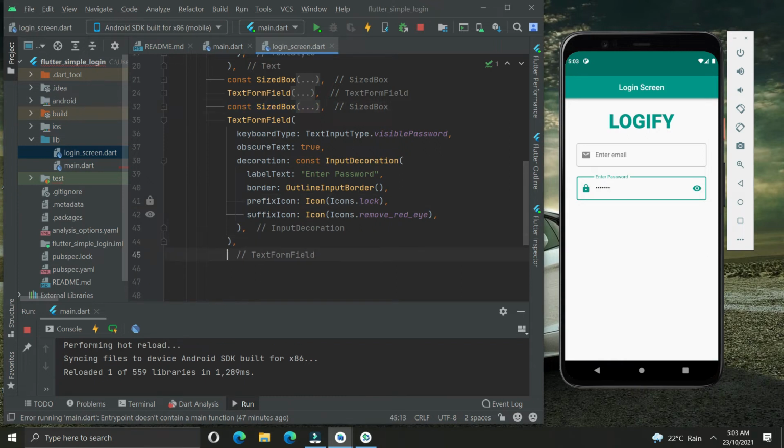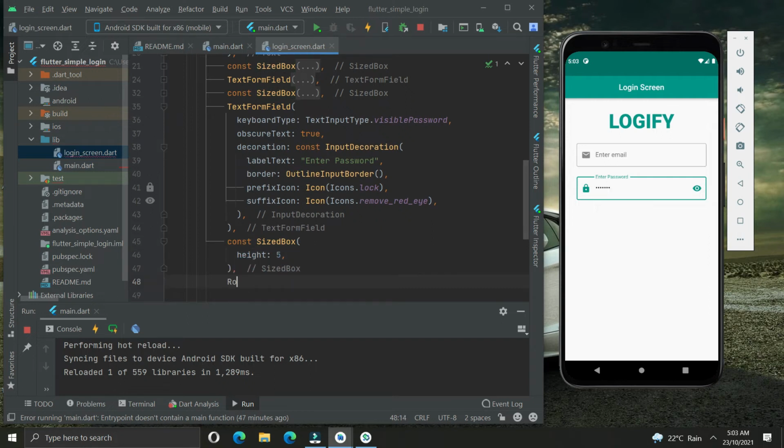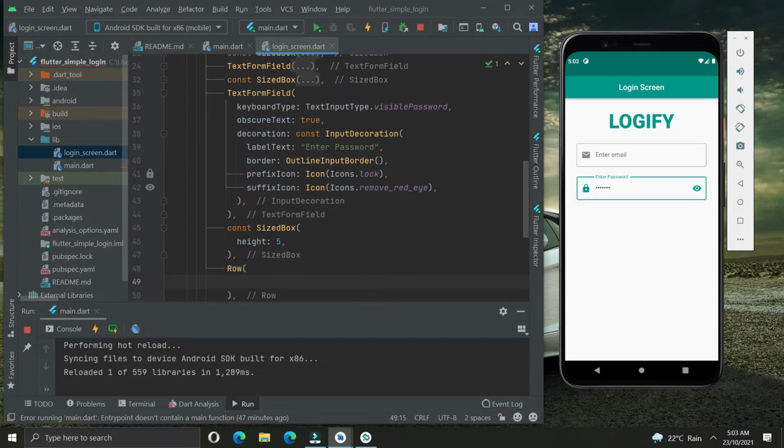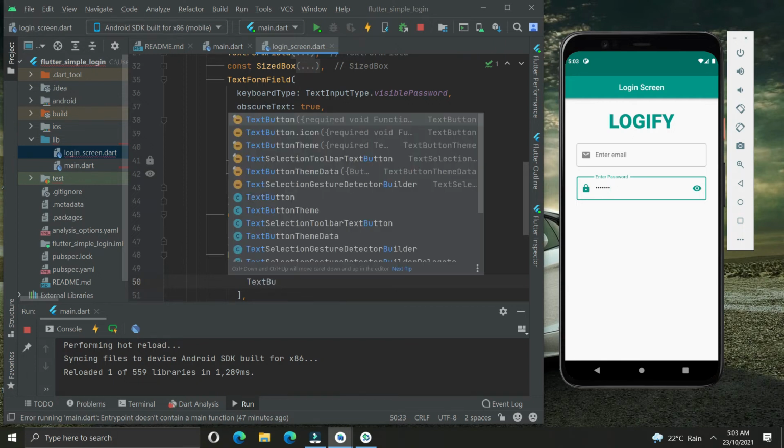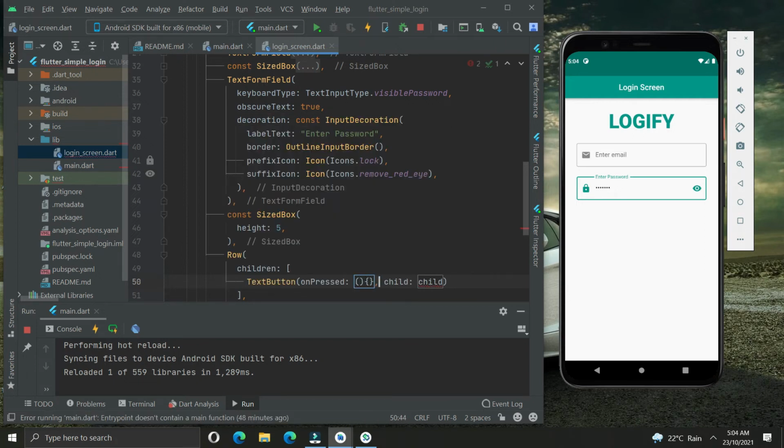Copy the sized box, make the height of 5. Now we will add the row widget. Row children. In the row widget we will add text button. On press it will do nothing, so we will keep it empty.